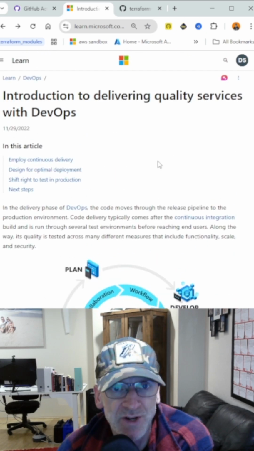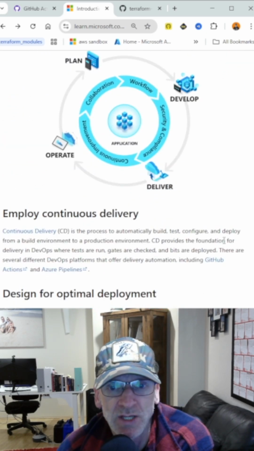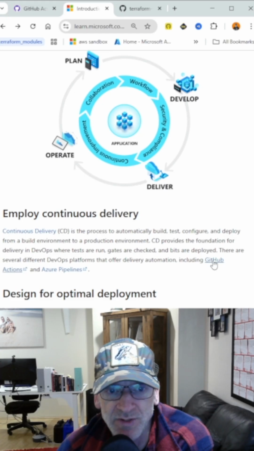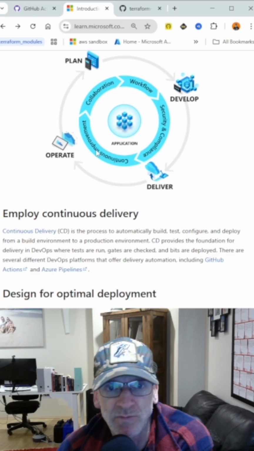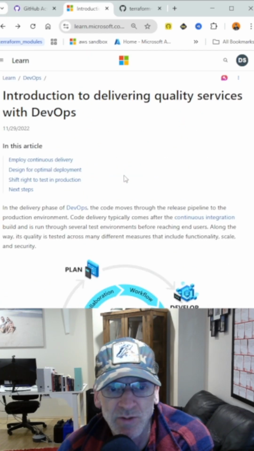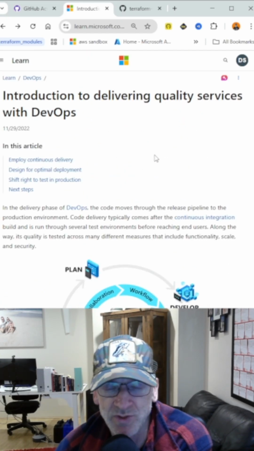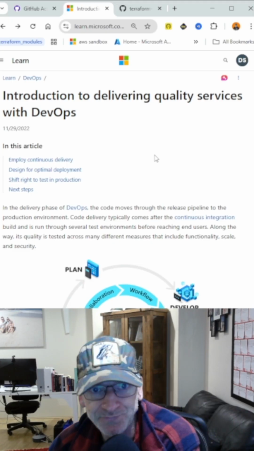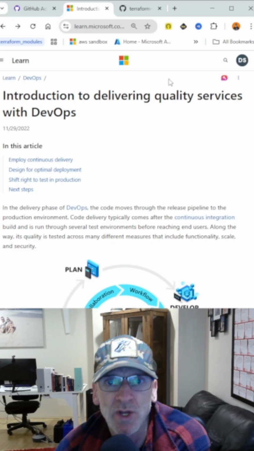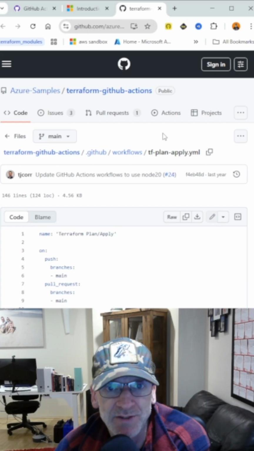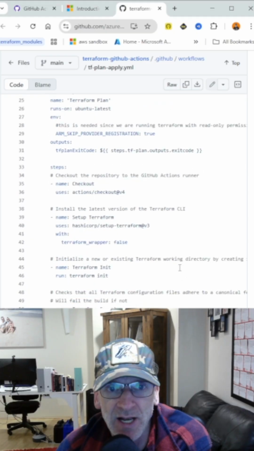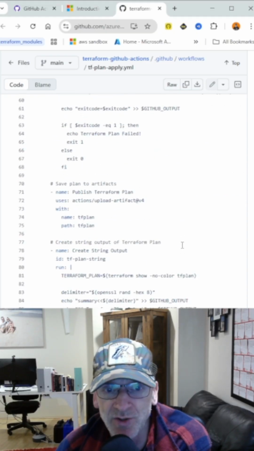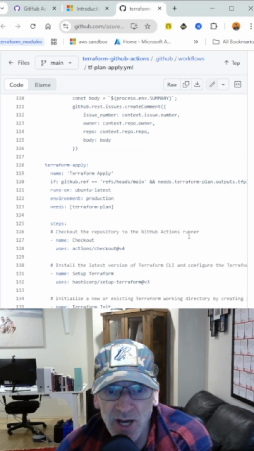Now, on this page here for the DevOps, folks, you can have links off to the GitHub Actions information, and that's an awesome resource because that'll give you the examples you need to be able to deploy resources to Azure using GitHub Actions and Terraform, folks. So you'll come across things like this, an example of a plan and apply pipeline, folks. It's giving you the YAML file of exactly what you need to do to put that together,